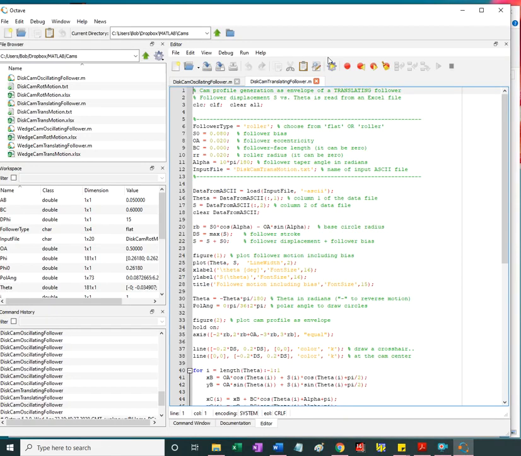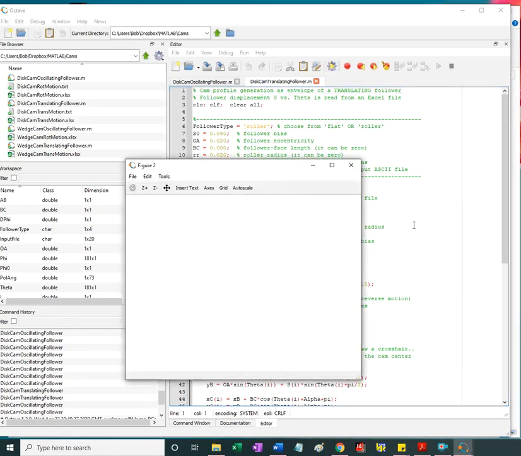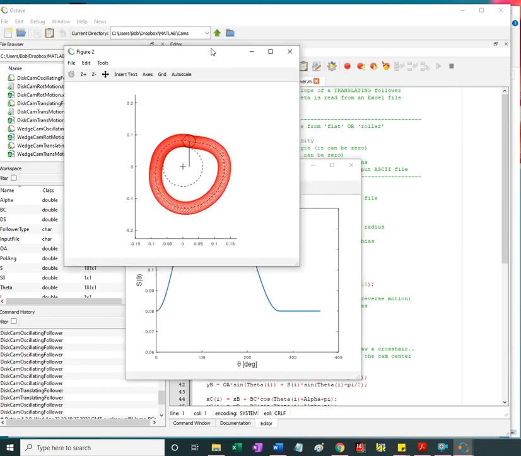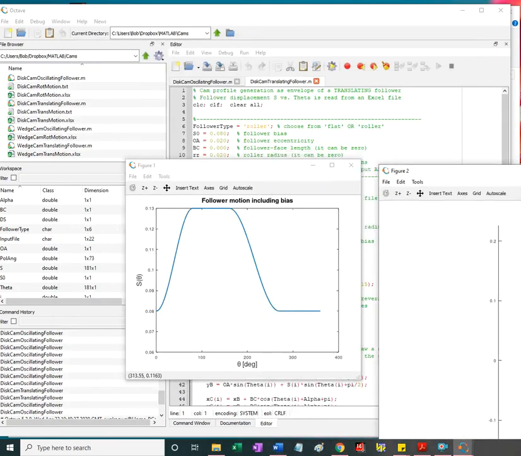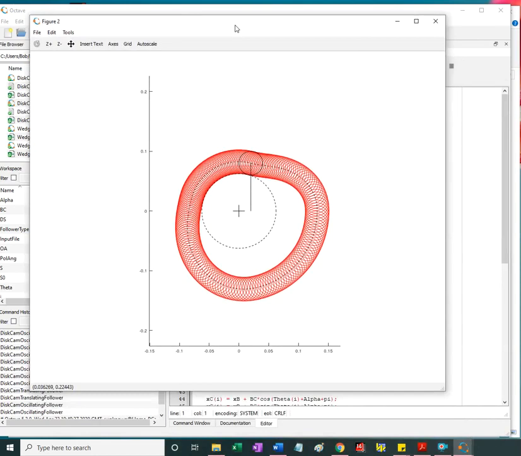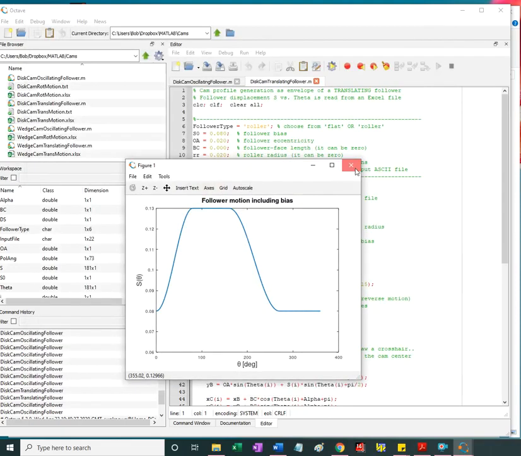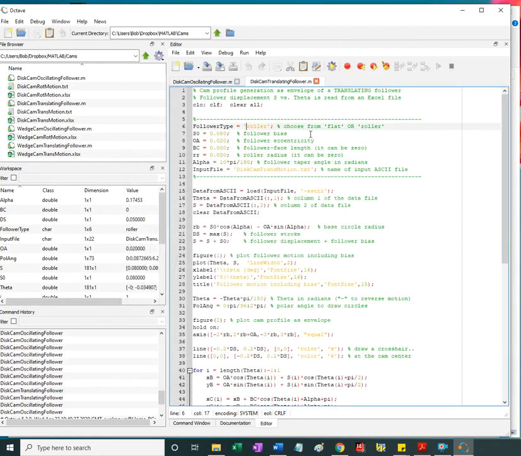This cam translating follower, I think we hit run. Not yet. And here, hopefully it works. Yeah, it does. So here I have a non-linear follower motion, harmonic, or non-linear for sure. And it even shows the axis of the follower, so you can tell the offset and the roller in the original position. Okay. If I change the roller to flat,